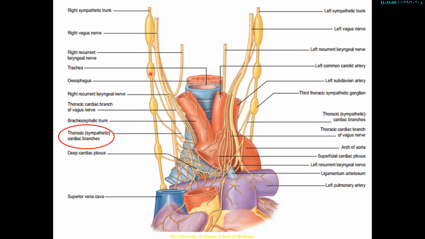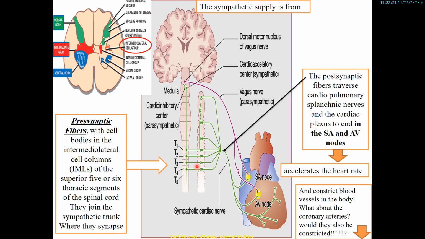So the presynaptic fibers are coming from the lateral horns, then they join the sympathetic trunk. After that, they become postsynaptic, and they contribute to the cardiac plexus. Now they reach mainly the SA node, the AV node,